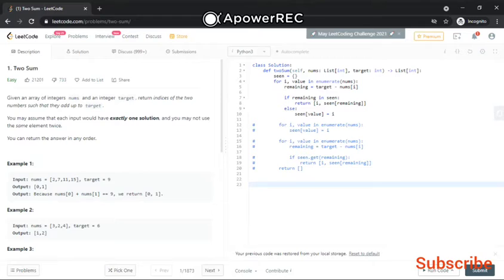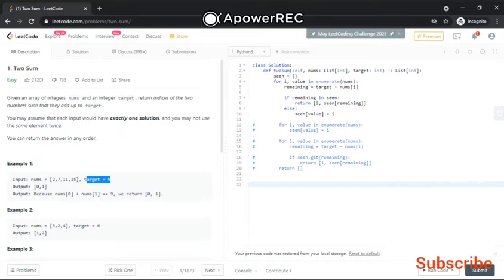Let's take this example. Here they have given target 9, so we have to find two indexes whose numbers have a sum equal to 9.